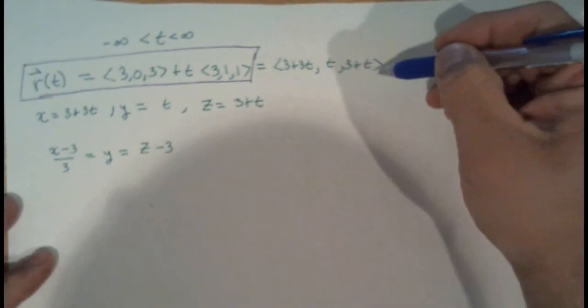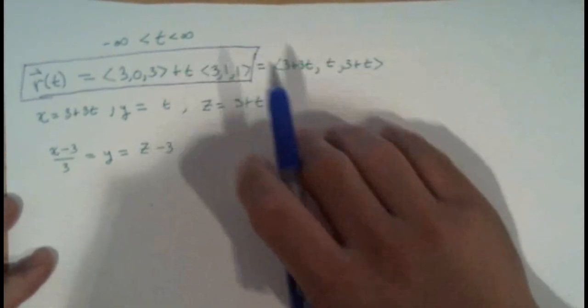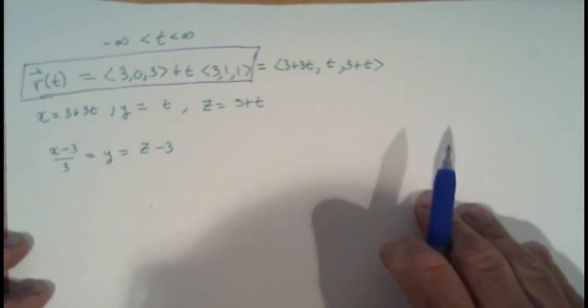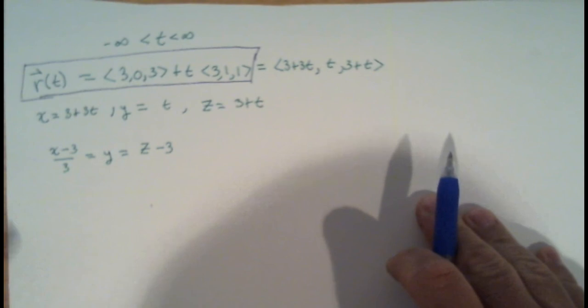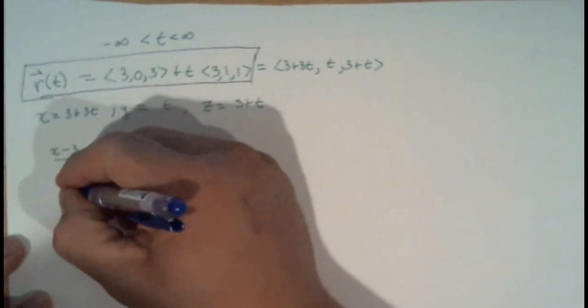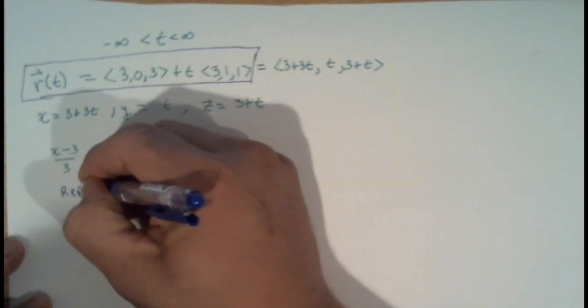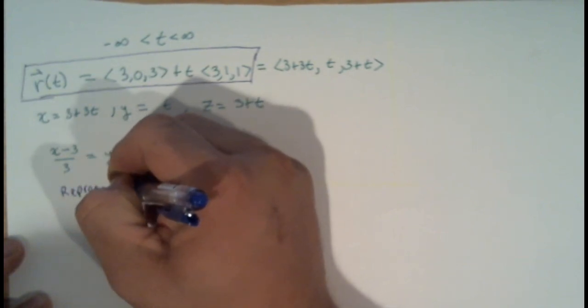Some of you rewrote it like this, which I don't consider different, but it still represents the line. Now, one thing that I want to make sure that we're clear on is that in order to represent a line in space, we need,